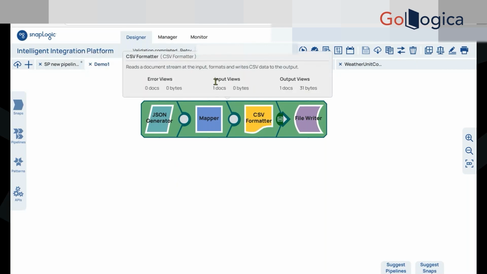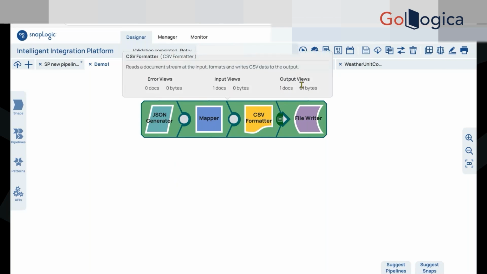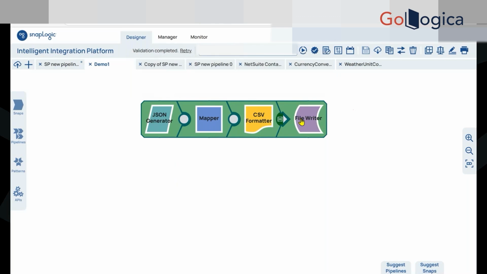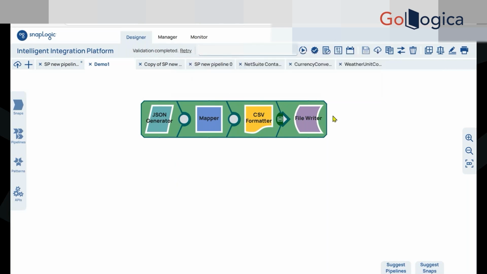And the CSV formatter received one record from the mapper and output view 1. This is in the form of a file, so it shows the size of that file as well. This is 31 bytes. And the file writer received this 31 bytes of data from the CSV formatter,